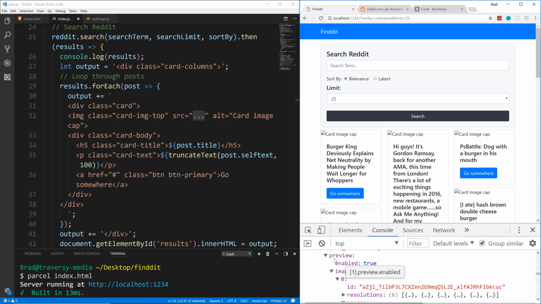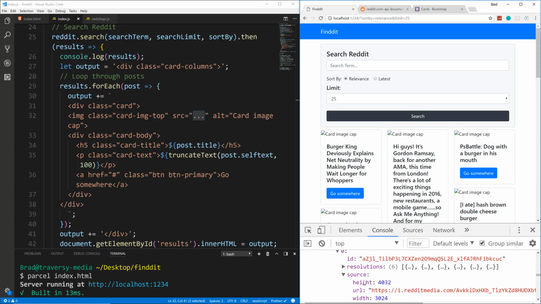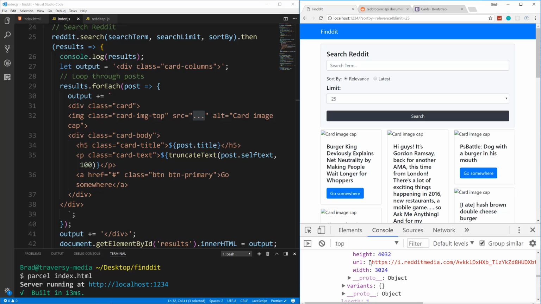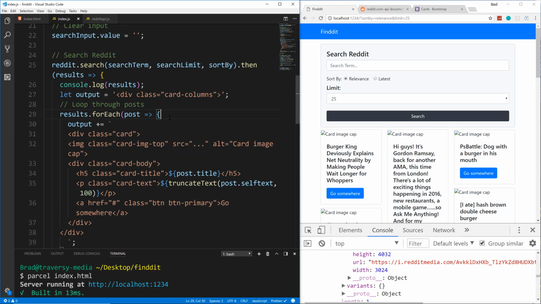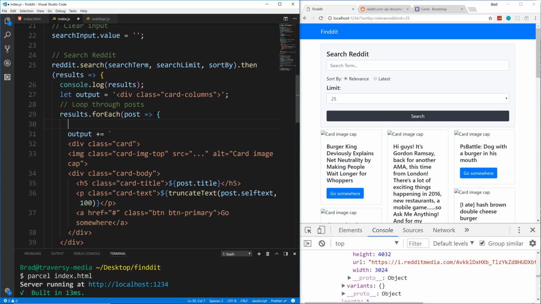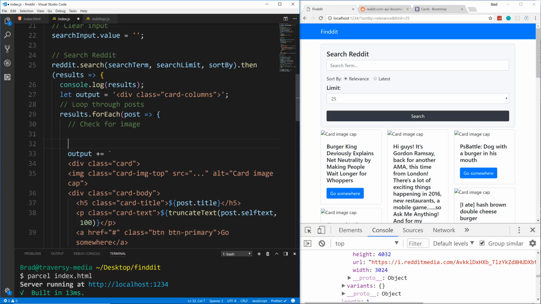If it has it, then we'll navigate to this URL and use that as our image source. So we're going to go above the output, but still within the loop, within the for each, and we're going to say check for image. Okay, so we're going to say let image equals